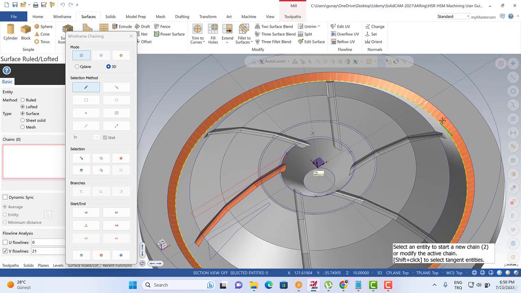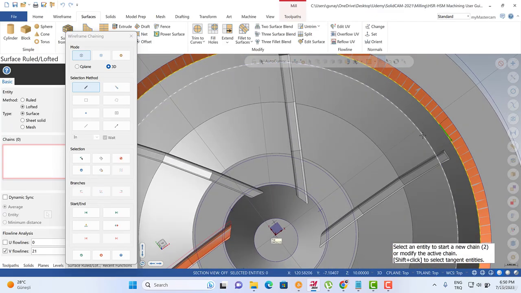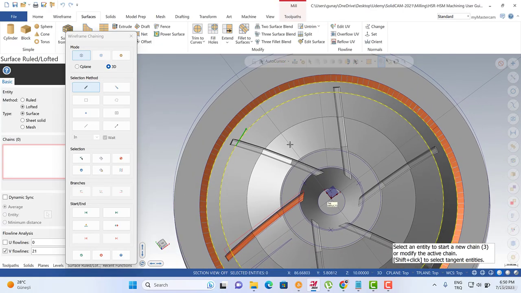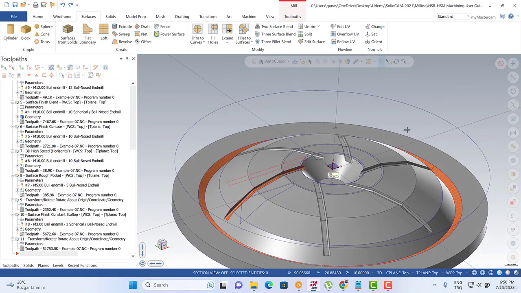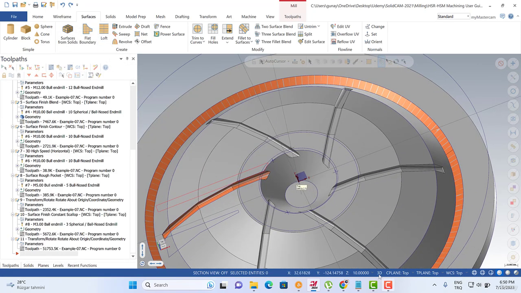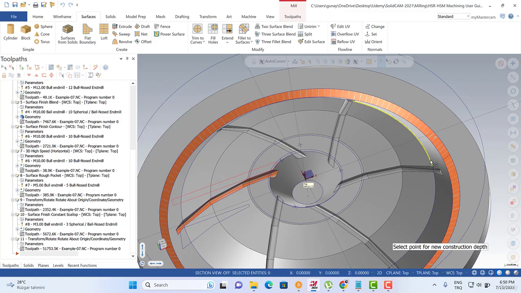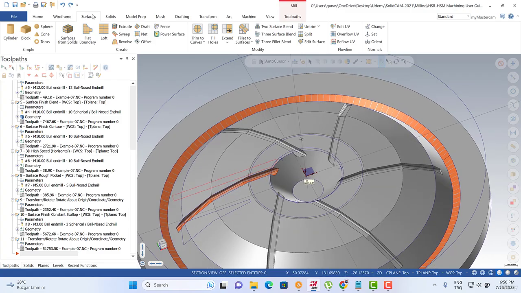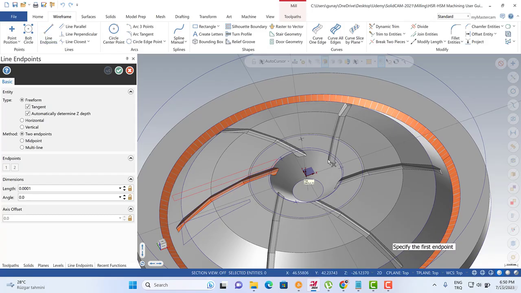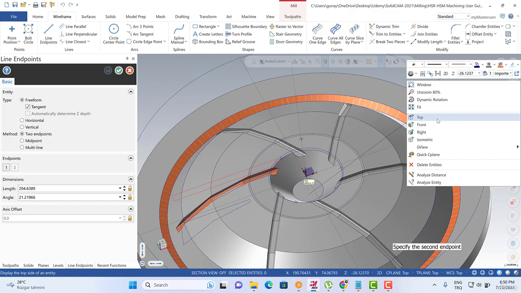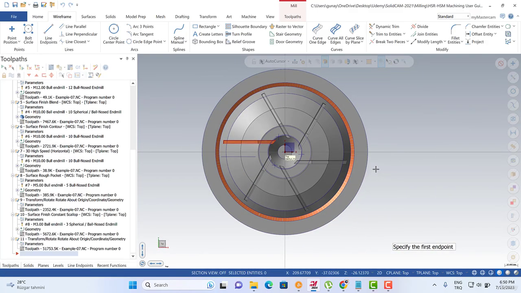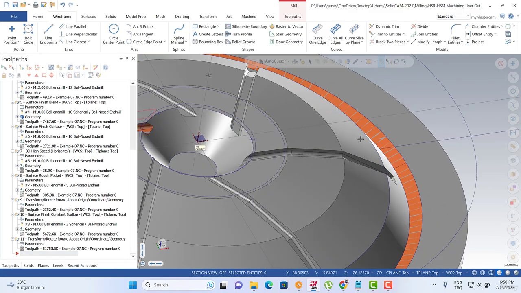So we can start from here. This is my starting point according to the x-axis, but when we click here, you're going to see that it's starting from here because of the closed contour part. So that's why we need to turn back to the 2D and also maybe on that position here, and then we need to create some line starting from here, and in top view we need to create that kind of line here,